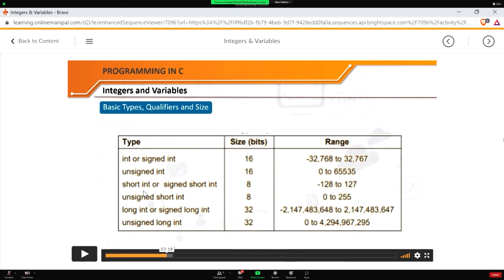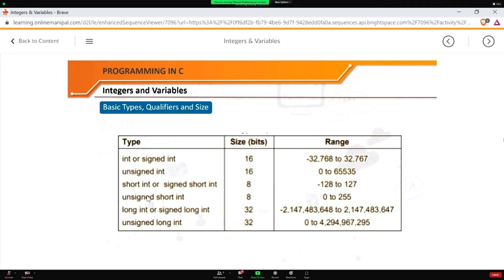If it is a signed short int and it's an 8-bit system, the range is -128 to 127. And what is short long, all this I will explain better tomorrow, because I think first we will start data types tomorrow. Once we understand that properly, then we can go ahead. Okay, so I'm going to end the session for today.